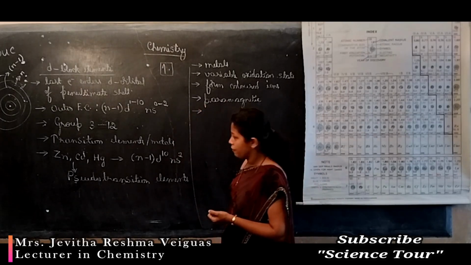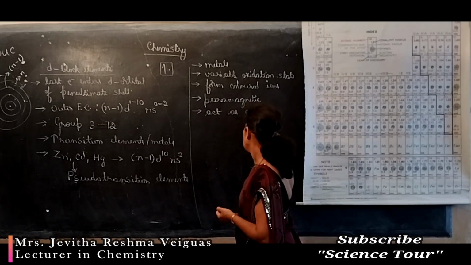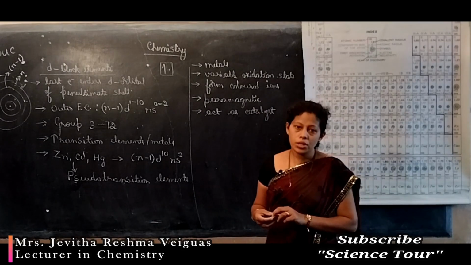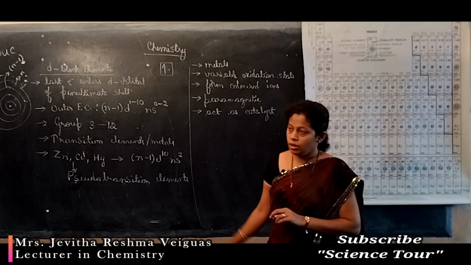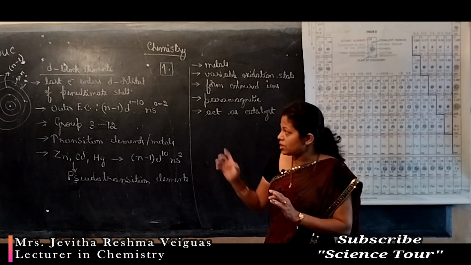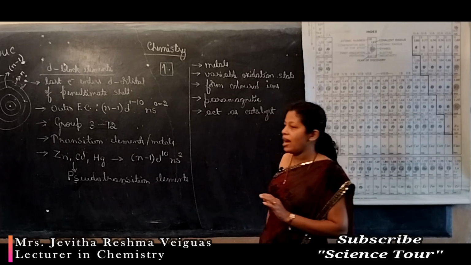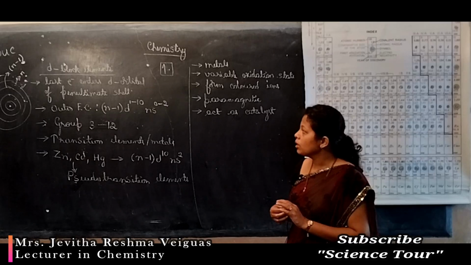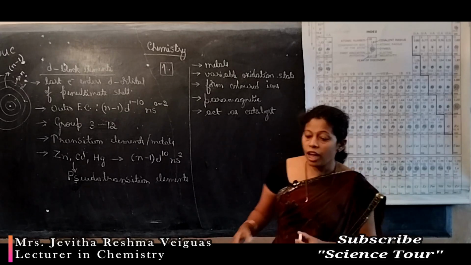And another speciality is that these act as catalysts. What is meant by catalyst? Catalysts are those substances which increase the speed or velocity of the reaction. These group 3 to 12 elements, I mean D block elements, increase the speed of the reaction, hence they generally act as catalysts. So these are some characteristics related to the D block elements. Let us now study about F block elements.